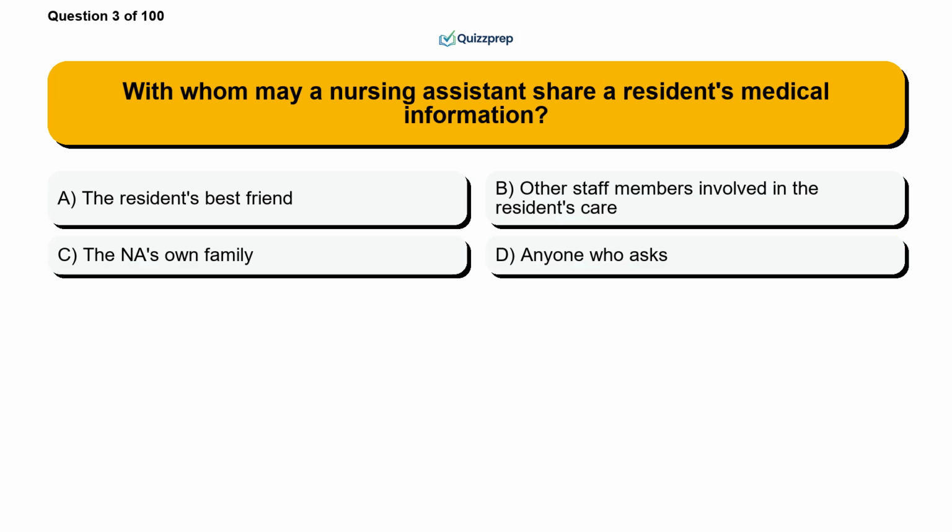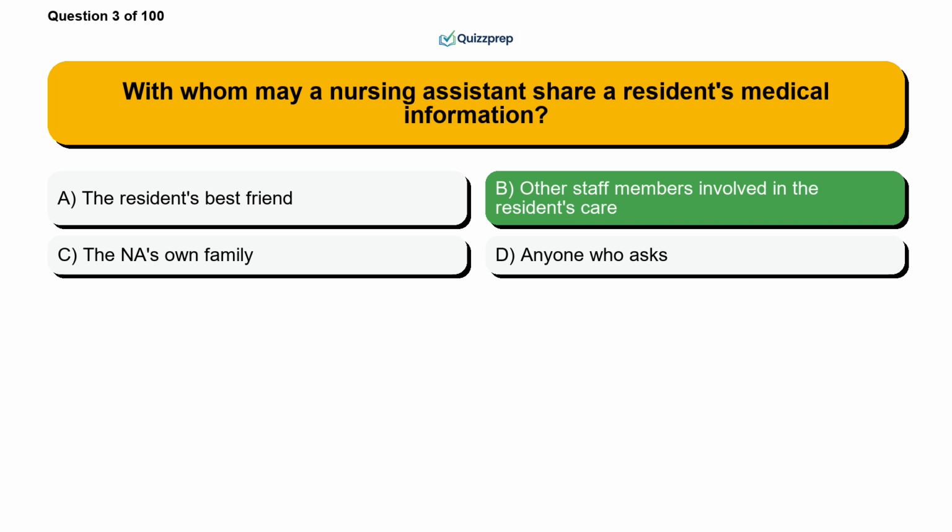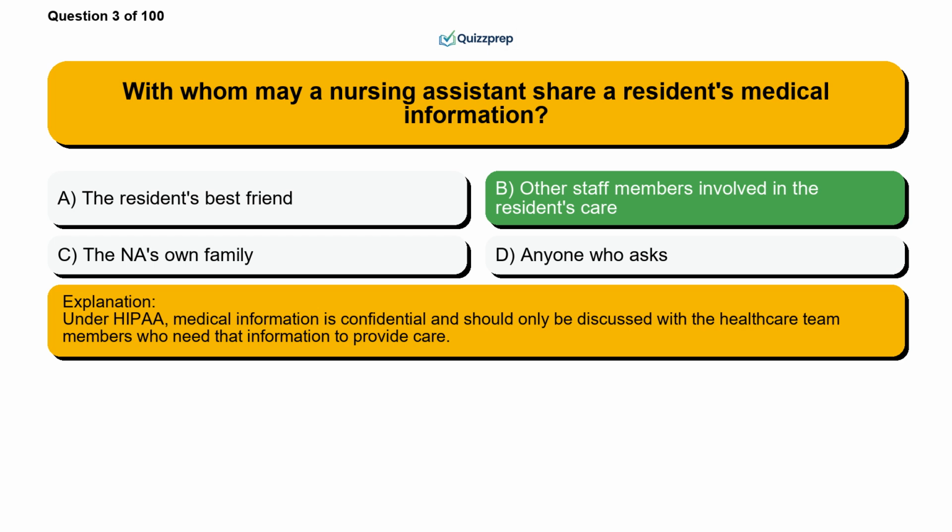Question 3. With whom may a nursing assistant share a resident's medical information? Option A, the resident's best friend. Option B, other staff members involved in the resident's care. Option C, the NA's own family. Option D, anyone who asks. The correct answer is option B, other staff members involved in the resident's care. Under HIPAA, medical information is confidential and should only be discussed with the healthcare team members who need that information